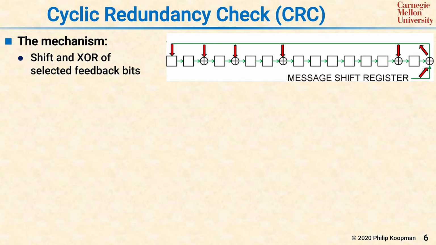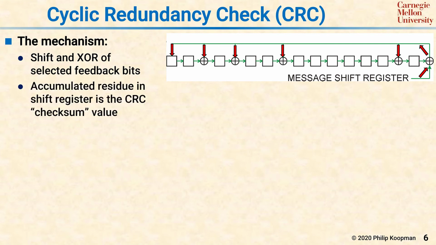All the boxes, each box is a bit, is set to an initial value, and then for every incoming message bit, the entire set of boxes is shifted 1 bit to the right. The bit popping out the bottom is XORed with a message bit that's coming in and gets fed back to mix with the other bits, including being put into the top box of the shift register. If you have a 64-bit message, then this shift register is shifted 64 times, once for each bit of the incoming message. The accumulated result in the shift register is the error code value, sometimes called a frame check sequence